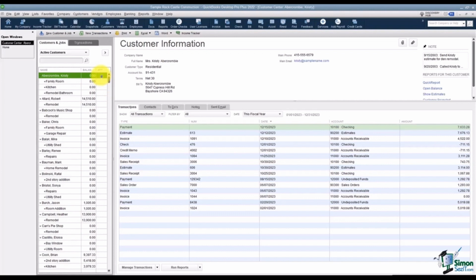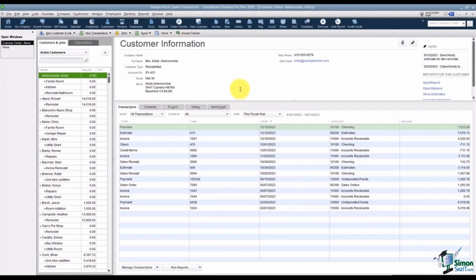And that way you don't have to get all the way out of QuickBooks if you're looking for something specific that you've already attached. If you're clicked on a customer, you'll see that customer's information right over in this section. You can see all of their information as far as their address, their phone number, their email. And over on the right, you're going to see some reports for this customer or job. This section here allows you to look at different transactions for that customer. Maybe you want to look at contacts, to-dos, notes, or sent emails. And we're going to go through all of this, but I want you to get just familiar with the screen